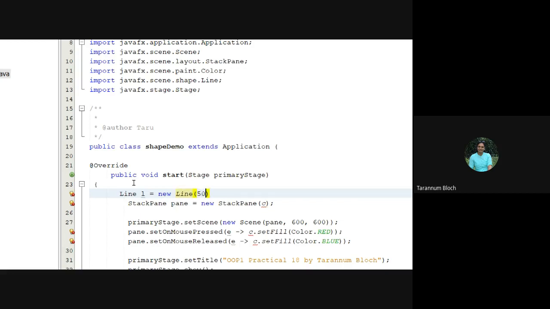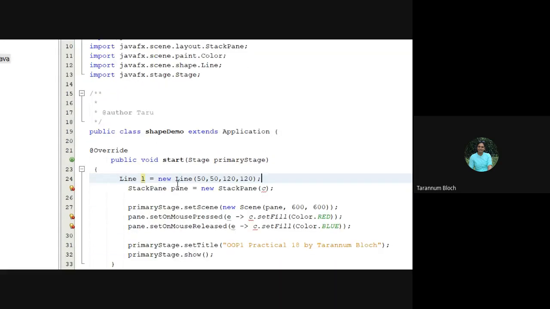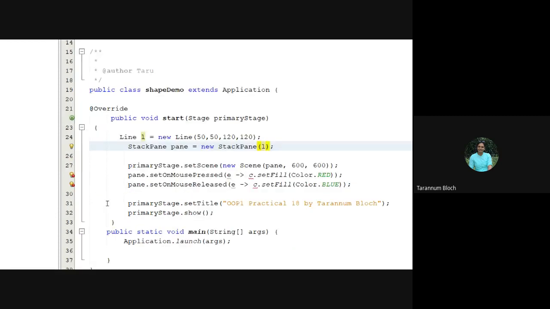Let's say 50 is start x, 50 is start y. I'm giving 120 as end x, and 120 as end y. Fine. And I have to add that L into the pane.